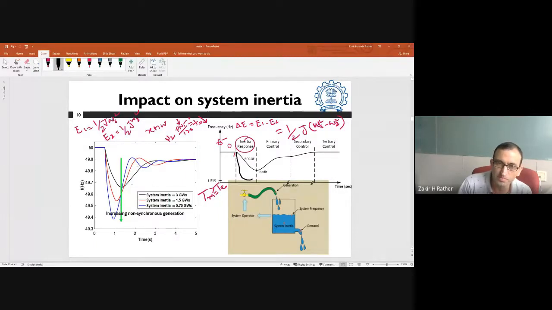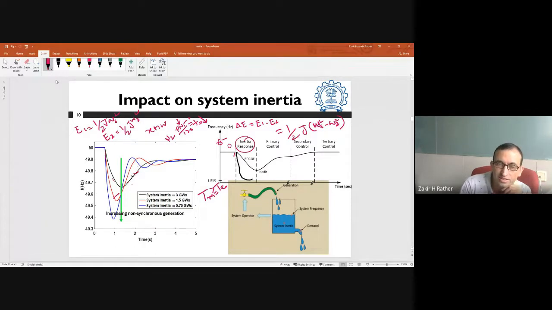As you see in this plot, it is the same system, but we increased the renewable energy penetration. Same system, same generation outage. This black response is the frequency response of the conventional system. But when you increase the penetration to a higher level, which in this case is 1.5 gigawatt seconds,